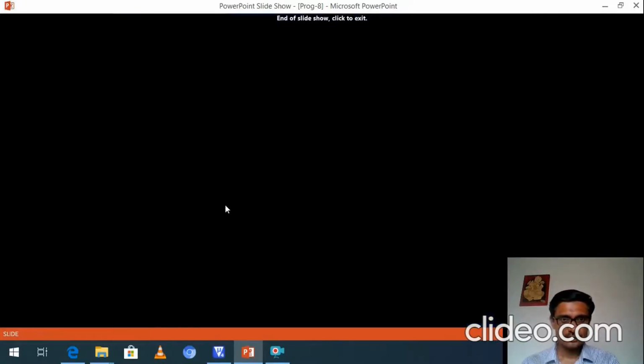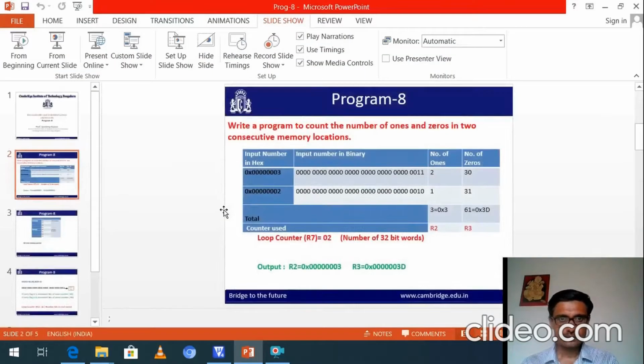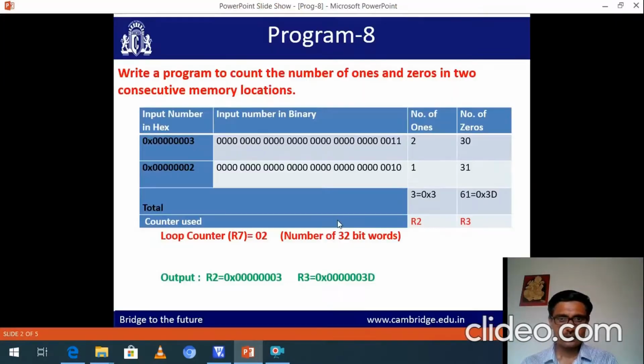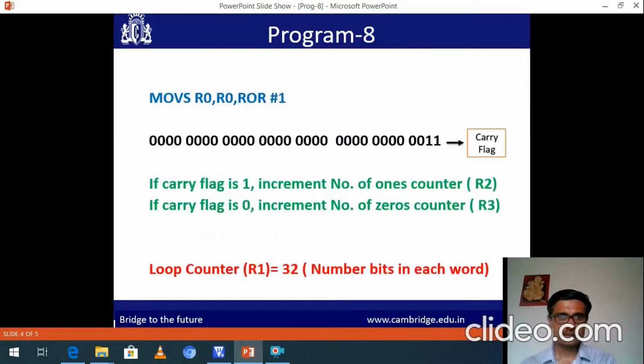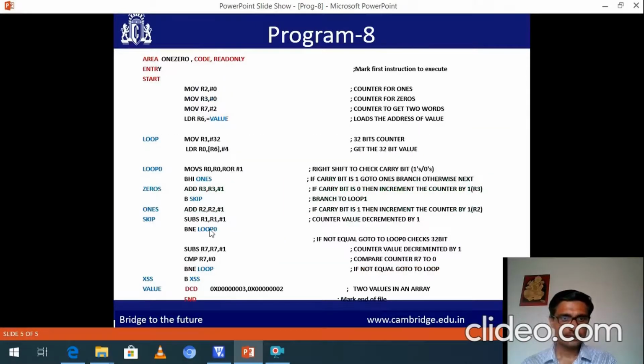R6 is pointing to the second word, because after fetching the first word we incremented the pointer. That is why we are getting the second number here. So what will this instruction do? This instruction will fetch the second data from the memory location and load it into R0.